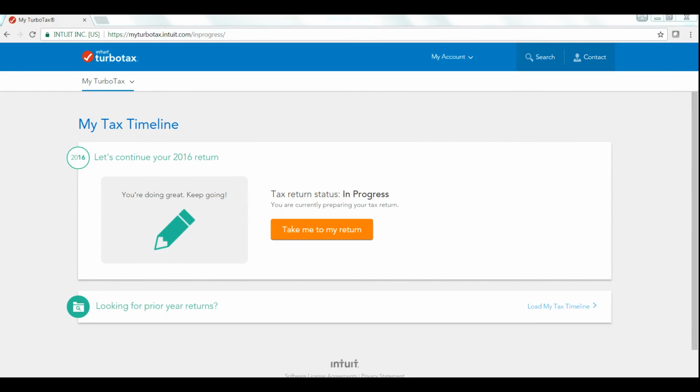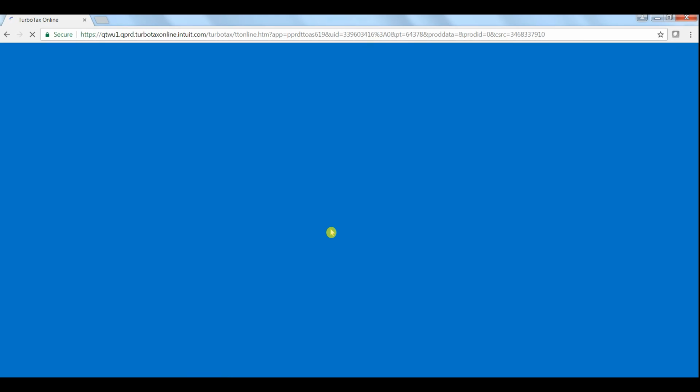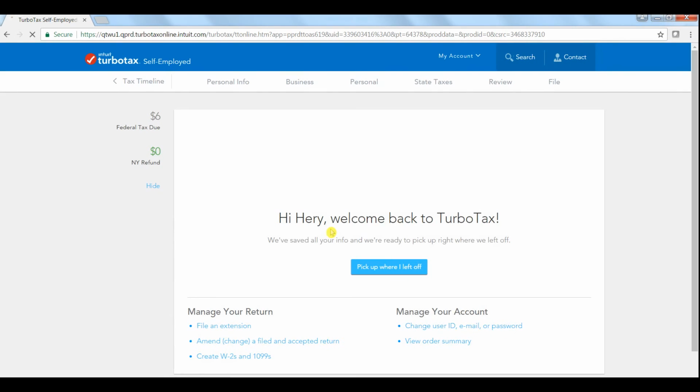After you do so, you will land on a page like this. To continue, click on take me to my return. Remember, TurboTax always calculates your maximum deductions and credits based on the information you provide. So, to provide more information, click on